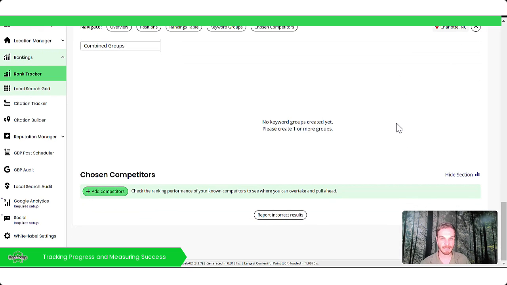And then finally, below, we have the chosen competitors table, which is where we're able to track the competitors' rankings for the same keywords we've input into the report. We can set that in the report settings page as we explored previously, or we can add competitors via the